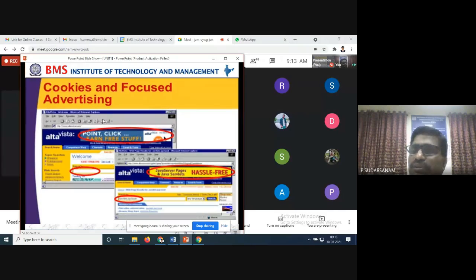So this is the way of accessing all these things. So authentication, synchronization, all these things are to be taken care of at the back end. That is what we have to do also.